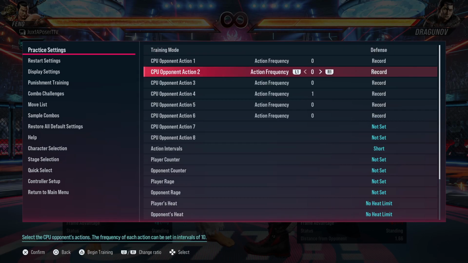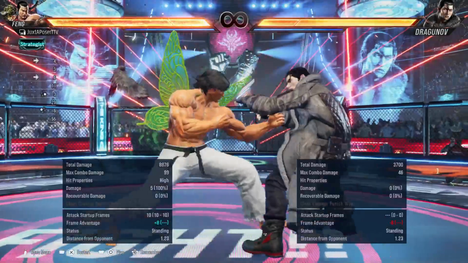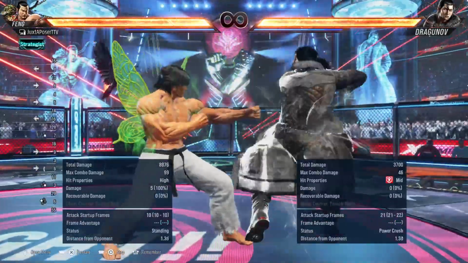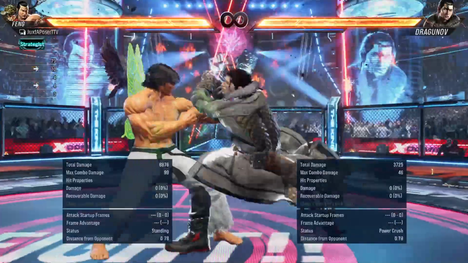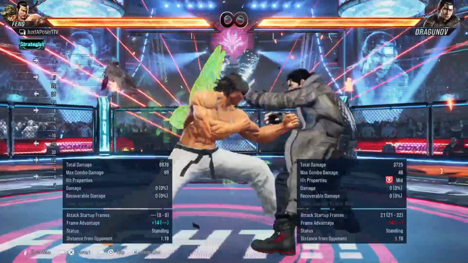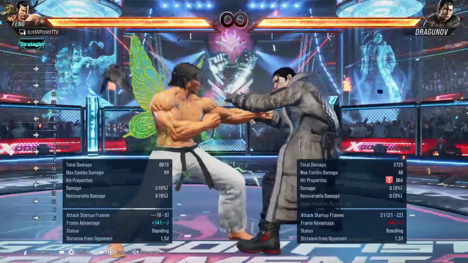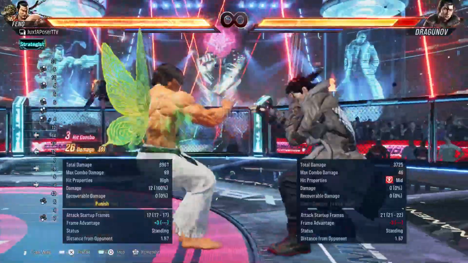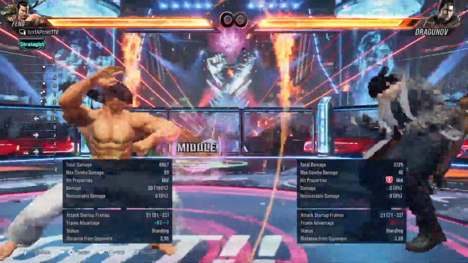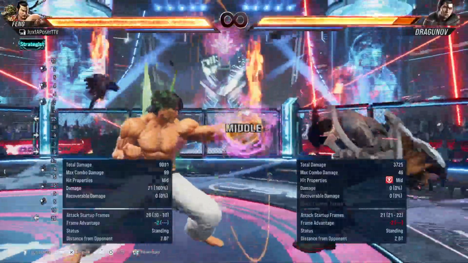So let's go into defense, right? And let's do, for example, the armor move, right? So now Dragunov is doing an armor move. This is a mid, right? So mid armor move, generally speaking, punishable, right? And I'm gonna punish it with a jab. I want you to see my command history, okay? Focus on it after I block, okay? Do you see this? As you can see, during the block stun, you have a lot of time that you can press till something happens,